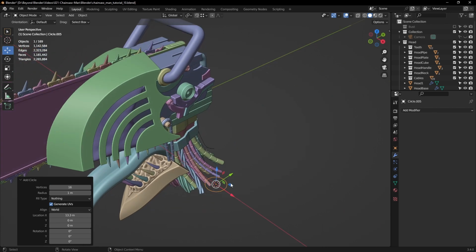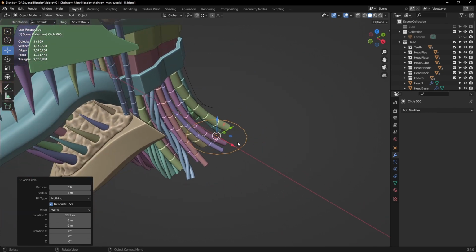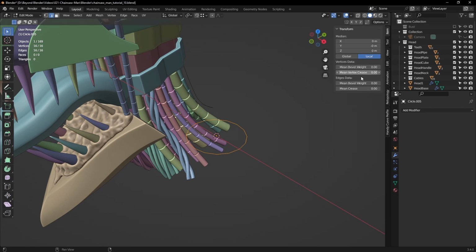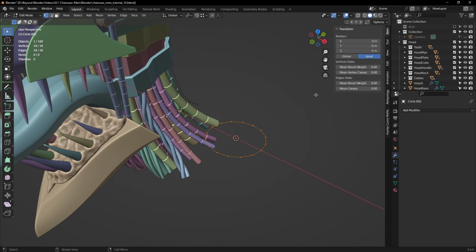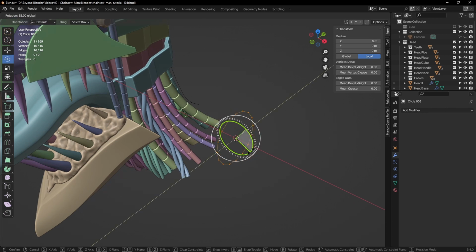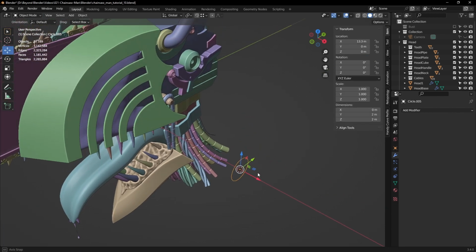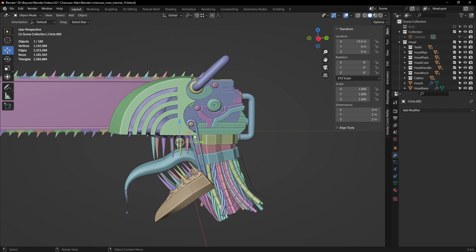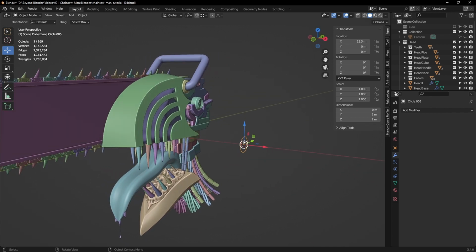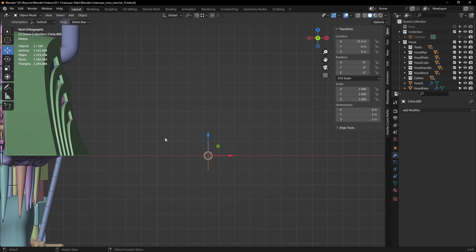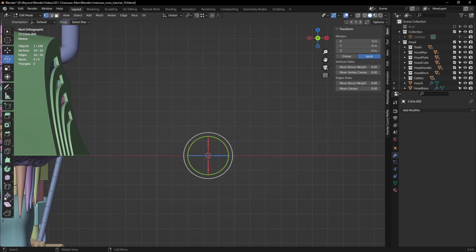So what I've done is created a mesh circle with 16 sides. And then in edit mode, I rotated that on the Y-axis by 90 degrees, so that when I go to the front view, it sits like this. Now we can go back into edit mode, select the spin tool just there,